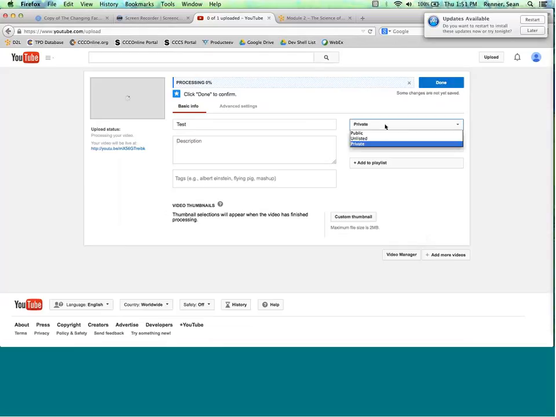This is a pretty important thing. If you choose public, your video is going to be publicly available on YouTube. Anybody can watch it. If you choose private, nobody else but you is going to be able to see it on YouTube. But if you choose unlisted, it's kind of the magic in-between setting. What this means is that people can't find your video just by searching for things on YouTube. They won't see it just by browsing videos. But you can still share it with other people by posting a link somewhere or embedding that video.